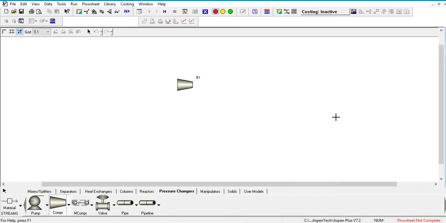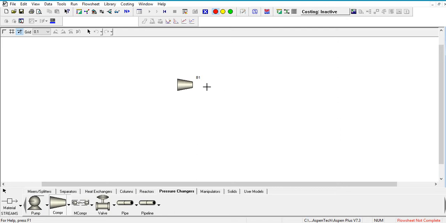Hello everybody. Today I'll be giving you an introduction to process simulation using Aspen Plus. If you have seen my previous video, I would have given you a brief demonstration of the simulation of the vapor compression refrigeration cycle using Aspen Plus for the refrigerant propane. What I'm going to do right now instead is give you a basic intro to the process simulation itself using Aspen Plus, of course.